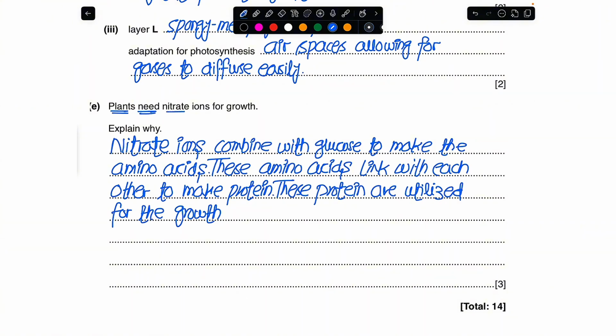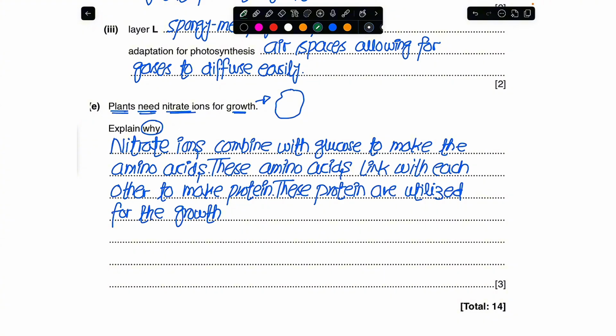Moving onward, for a total of 3 marks, what the examiner is telling us is that the plant needs nitrate ions for growth, and they are asking why. The reason is that if the plant has to grow, initially the parent cell would divide by mitosis to make new daughter cells, and the new daughter cells have to make their cell membranes. They have to make, you could say, their enzymes,